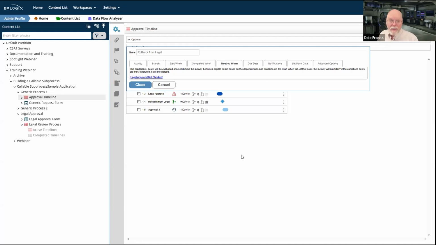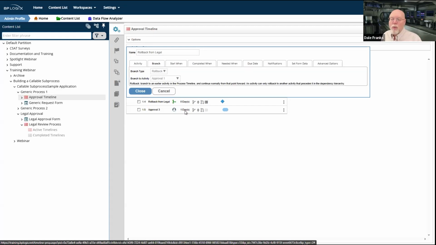In my case, there is a legal approval form control on the legal approval form that says legal has approved, and I want to check to be sure that that is checked. If it is, I'm just going to skip this activity. If it is not checked, then I want to kick off the branch activity, and I'm going to restart.